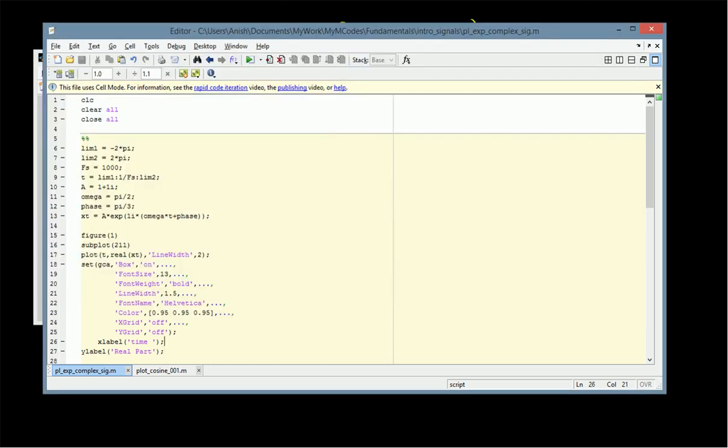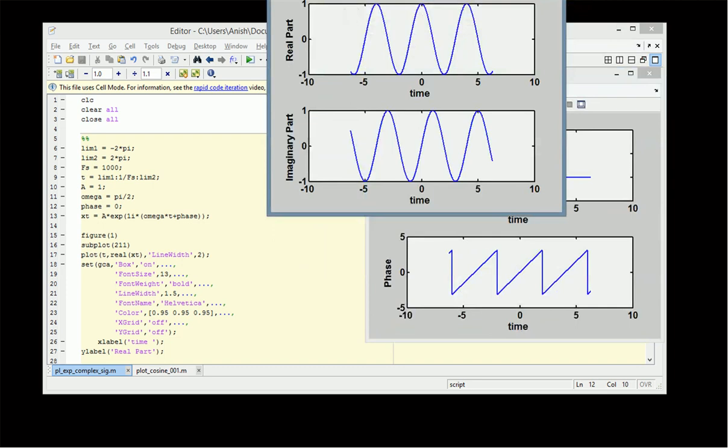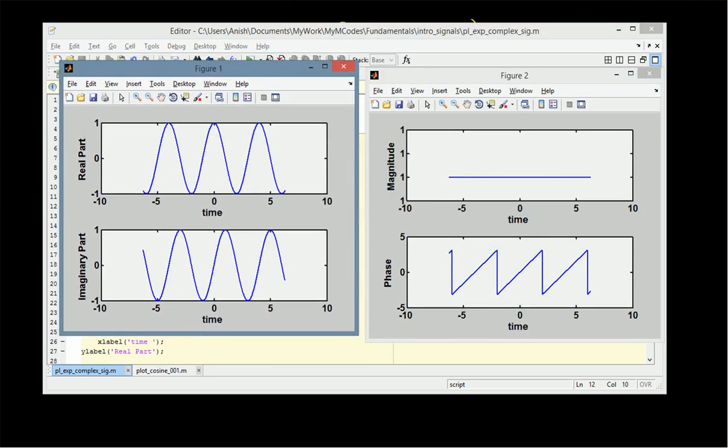Next, by making the value of a a purely real, positive value, and making the phase term equal to 0, we can make the signal look like the following. We can see that the signal has an initial value equal to 1 for the real part, which is cos 0, which is 1 because the phase is 0, and sin 0 for the imaginary part, that is 0, at time t equal to 0. That is when we make the phase equal to 0, and a has no imaginary component.